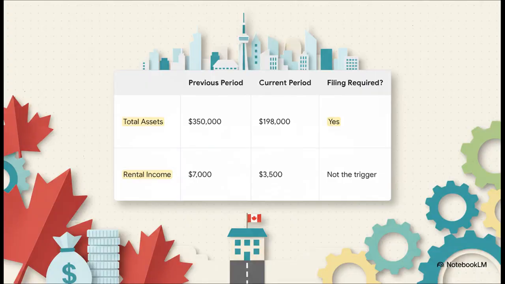Let's look at a quick example to make this sink in. So in the previous year, this NPO had $350,000 in assets. That's obviously way over the $200,000 threshold for Gate 2. So now look at the current year. Their assets have dropped to $198,000. So they're under the limit now, right? Doesn't matter. Because they crossed the gate in the previous year, they must file for the current year. And what's the kicker? They've now passed through Gate 3, which means they're filing this form every year from now